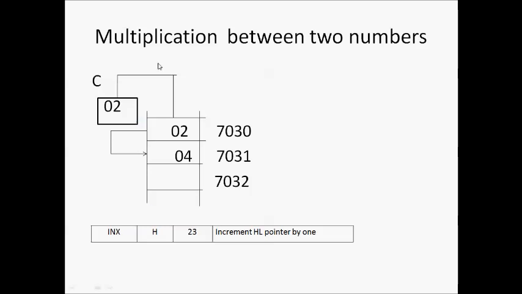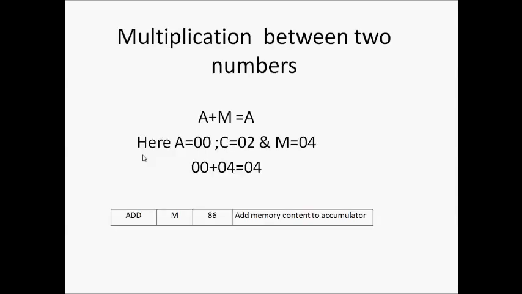In the previous slide, the microprocessor pointed to 7030. With the help of the INX H instruction, the microprocessor increments by 1. Right now, the microprocessor is pointing to the 7031 memory location. One thing I tell you,